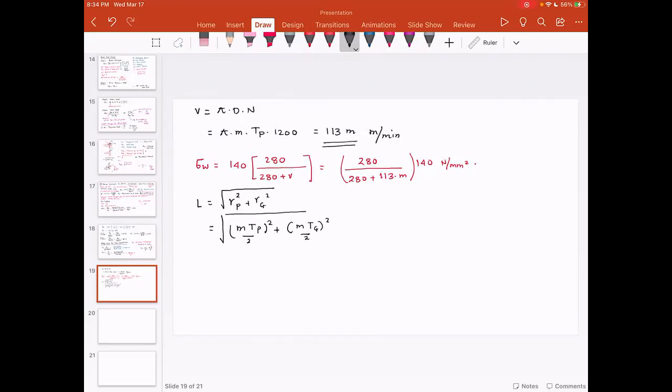When you substitute these values in the equation, I'll give you the equation: